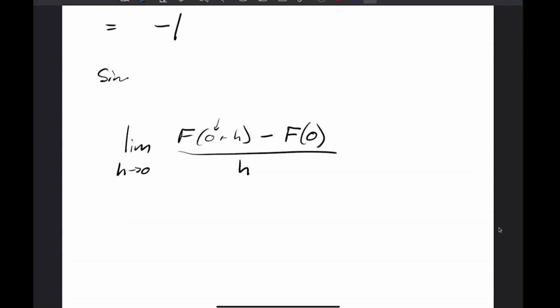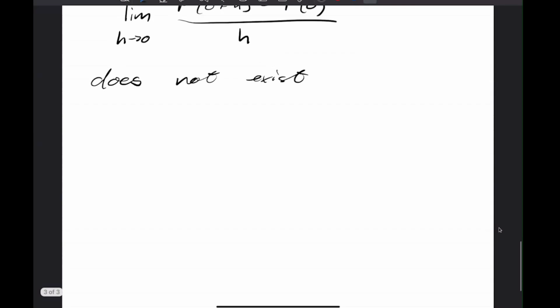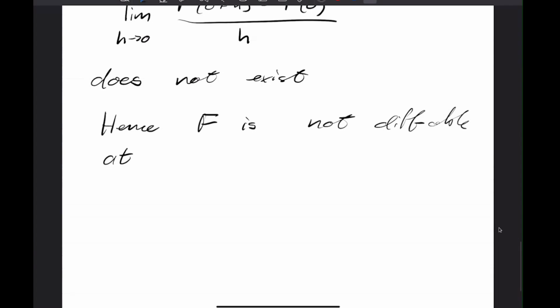Since 1 is not equal to minus 1, the limit does not exist. And hence, big F is not differentiable at 0. Okay, and